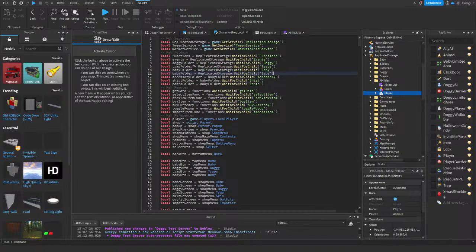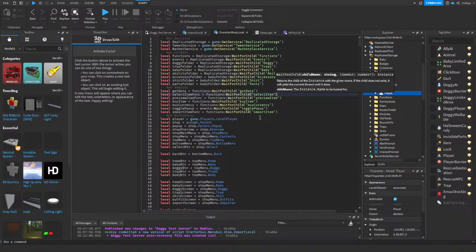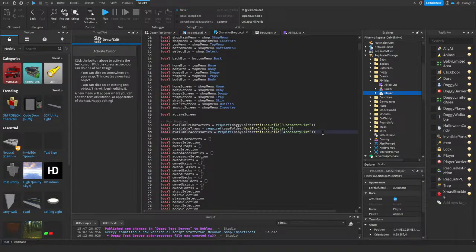Copy that, and I want to name that as ability folder, replicated storage wait for child abilities, and then local abilities. So we'll do this as local available